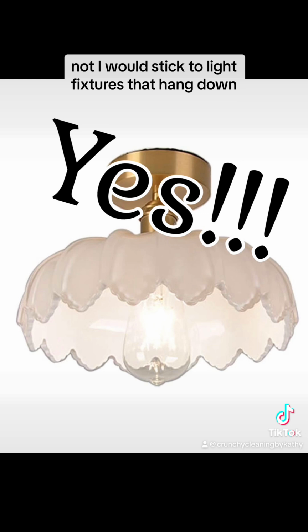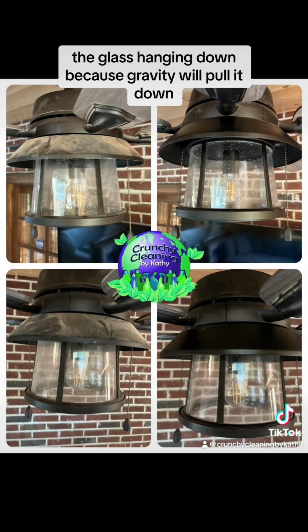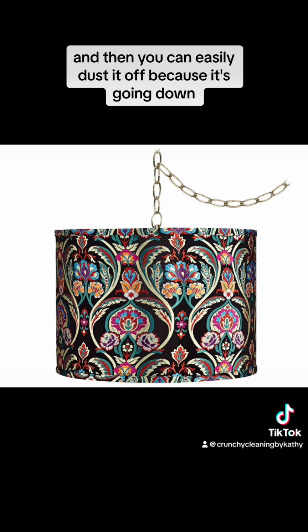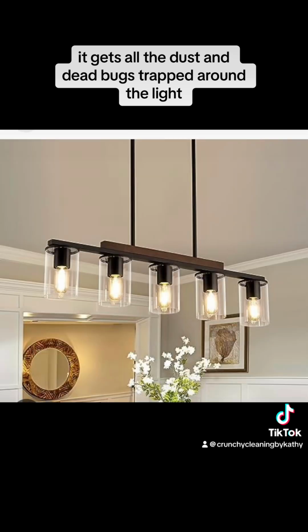I would stick to light fixtures that hang down, that have the light bulb protector, the glass hanging down, because gravity will pull it down. Well, the dust will settle on it, and then you can easily dust it off because it's going down. As opposed to those other ones that are facing up, it gets all the dust and dead bugs trapped around